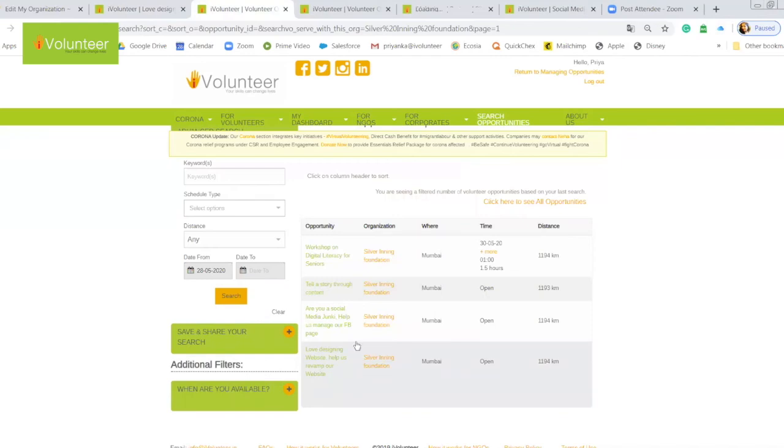Otherwise, if they come to the iVolunteer page, there will obviously be tons of opportunities from different organizations, but this page will highlight only the opportunities under your organization. So you can share this link on social media, on your website, wherever you want to talk about the volunteering opportunities you have.